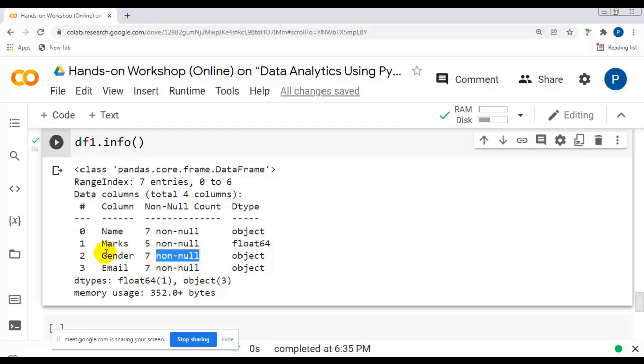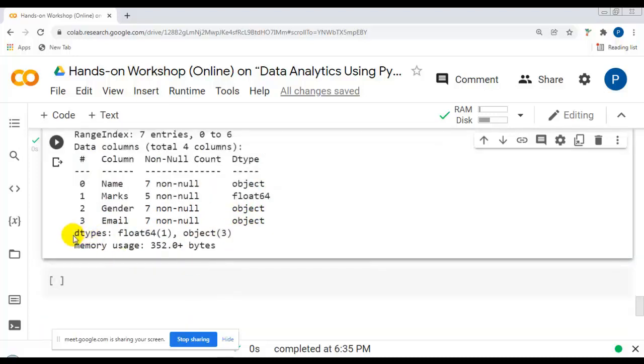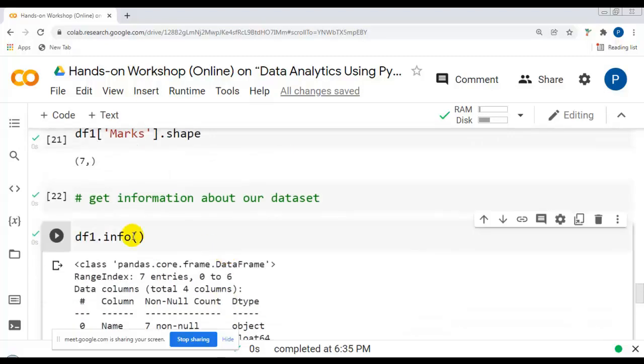Same over here, these many non-null values in the gender column, these many in the email column, and you can see the data type for each column: object, float, object and object, and here the dtypes line. So in our data set, 1 column with floating point values and 3 columns with strings, meaning object, and this is the memory usage of our data frame, right?